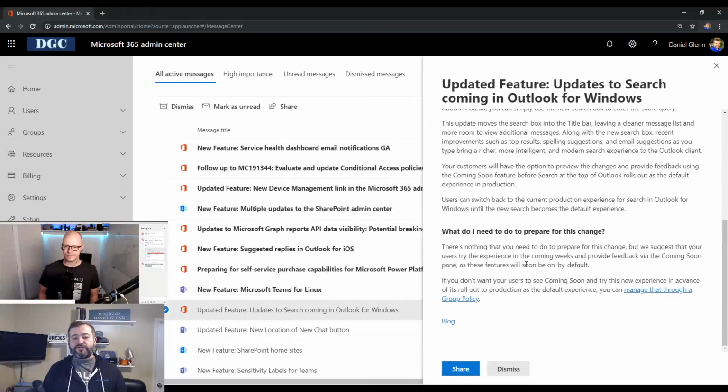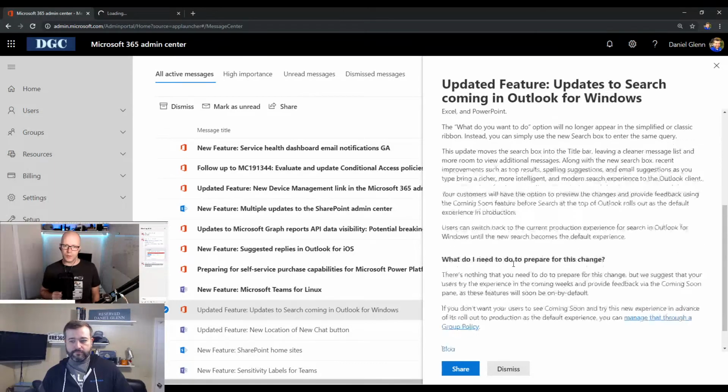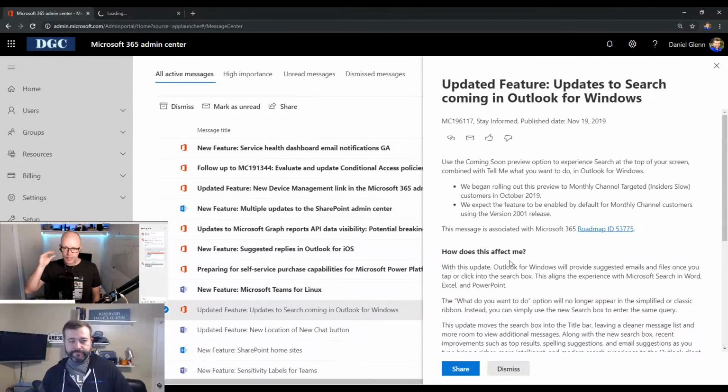So this improvement, I'm loving it. If you don't want your users to see the coming soon bit and try this in advance, there is a way to manage that through group policy, and there's a link at the bottom of this message to show you how to do that if you don't want your users to see those preview features in their face. I actually like that though, Daniel, as a mechanism for trying things out with low risk. I do. You have your low risk insider group that you can give updates to faster, like every month, and you've got your biannual one. But this one allows people to try it out, go, don't like it, turn it back off, and you get some very quick feedback from your key users, maybe your change agents,